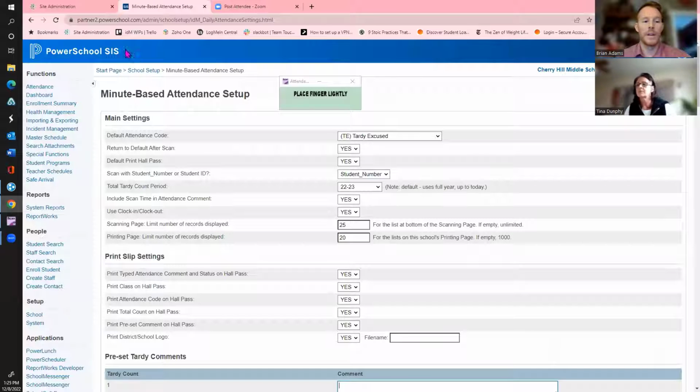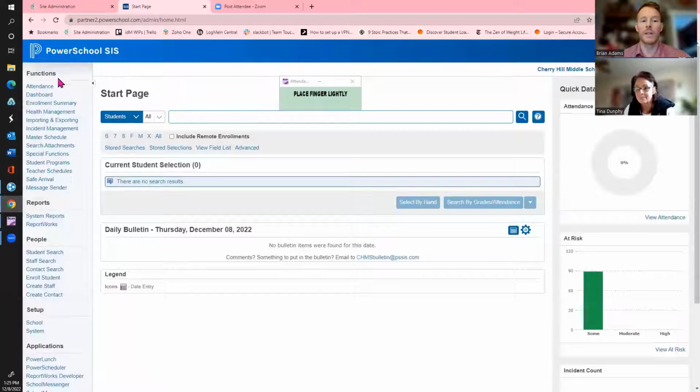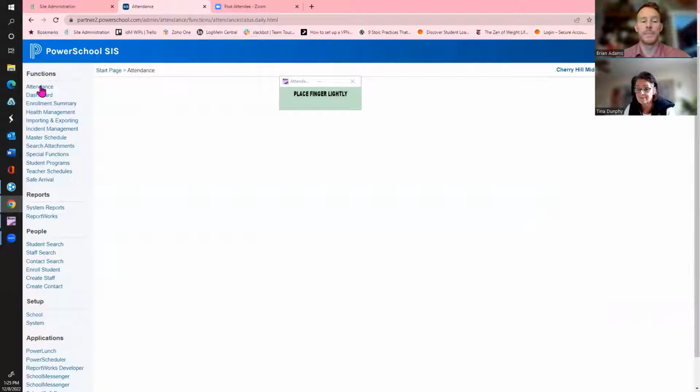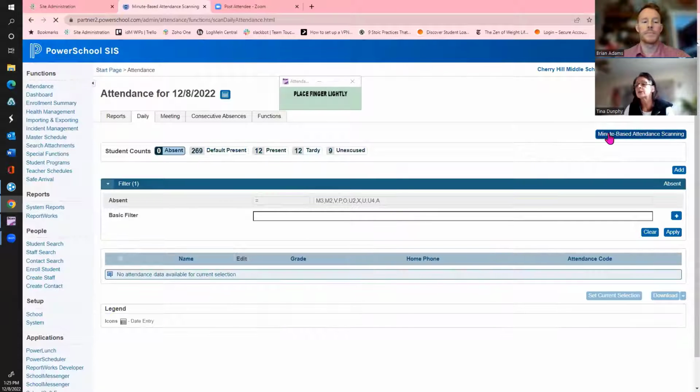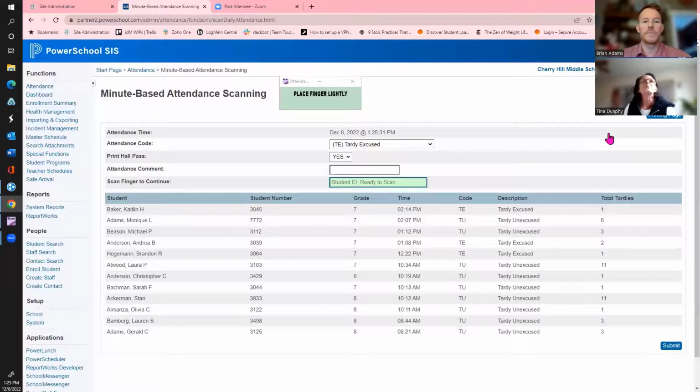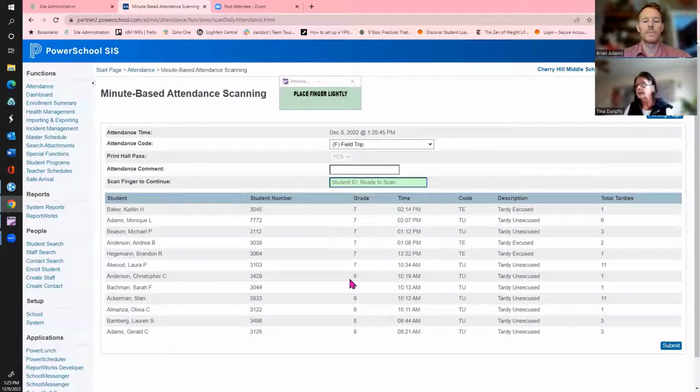Okay. Are there other ways to use this plugin, for example, like for field trips? Absolutely, you absolutely can do that. So I'm just going to bring this over here. It's designed as a tardy management plugin, but obviously you have the capability to pull in any attendance code from this scan page. So if I wanted to pull in a field trip, for example, I certainly could use this for a field trip. And if I typed in a number here,